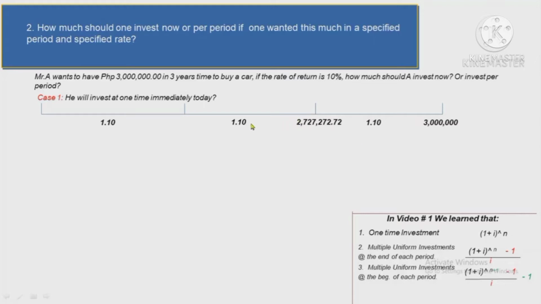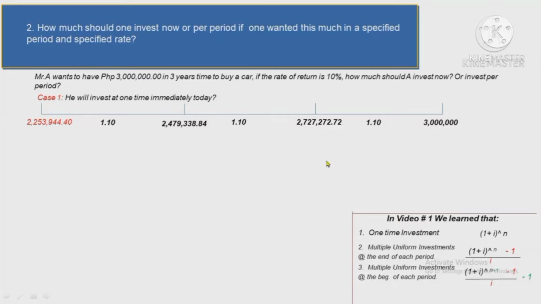This amount will then be again divided by 1.10 and we're gonna get 2,479,338.84, and lastly, we are going to divide it with the last 1.10, that gives 2,253,944.40. That means, if you want to have 3 million after 3 years time, and you wanted to invest one time, big time, immediately today, you should invest this amount,